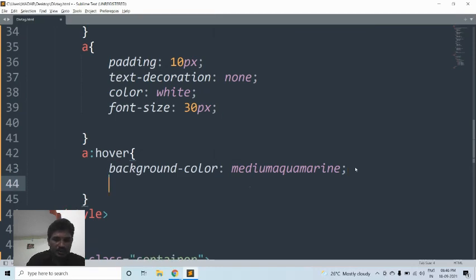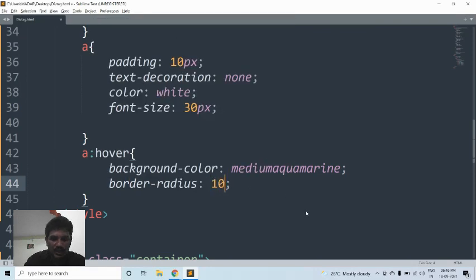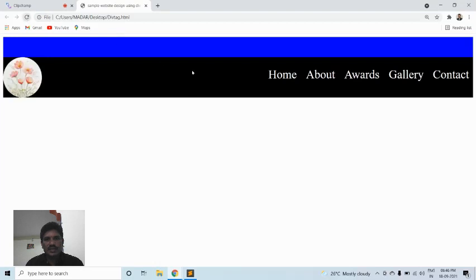After that, the border radius should be 10 pixel. See here, whenever the mouse cursor moves over a menu, the background color is also changed. Then the border radius would be 10 pixel. You can see. Then refresh the page. Got it.